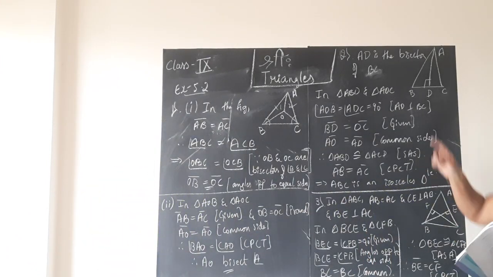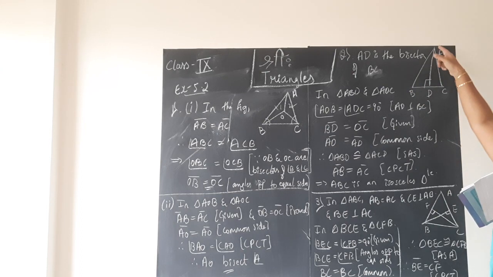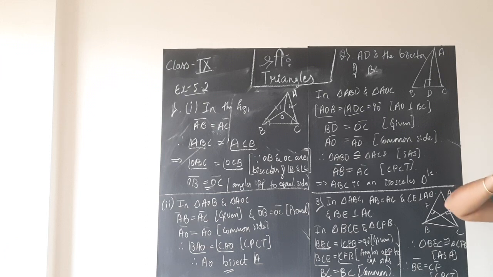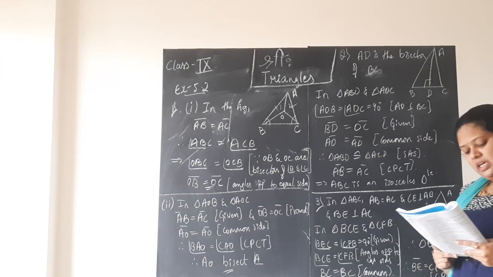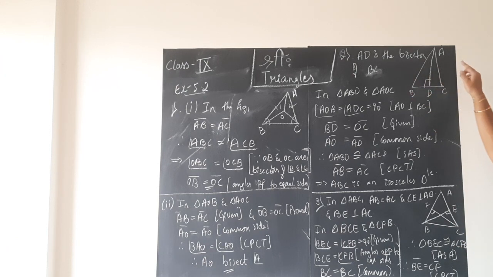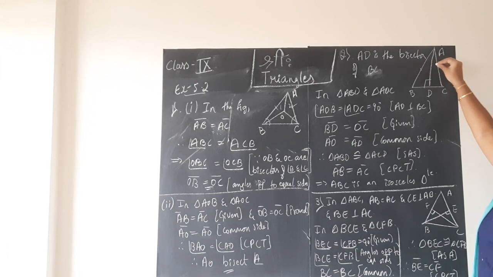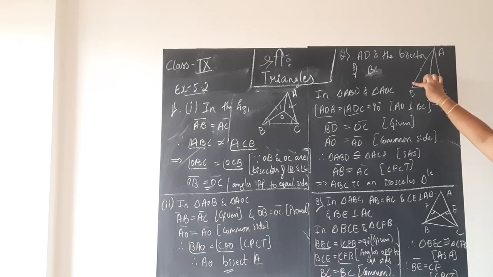They have given the figure. In triangle ABC, AD is the perpendicular bisector of BC. That is, angle D is 90 degrees, understood. Show that triangle ABC is an isosceles triangle with AB equal to AC. So they have just said that ABC is a triangle and AD is a perpendicular bisector for BC. We need to prove ABC is an isosceles triangle. That too, particularly they are asking us to prove side AB equals AC.